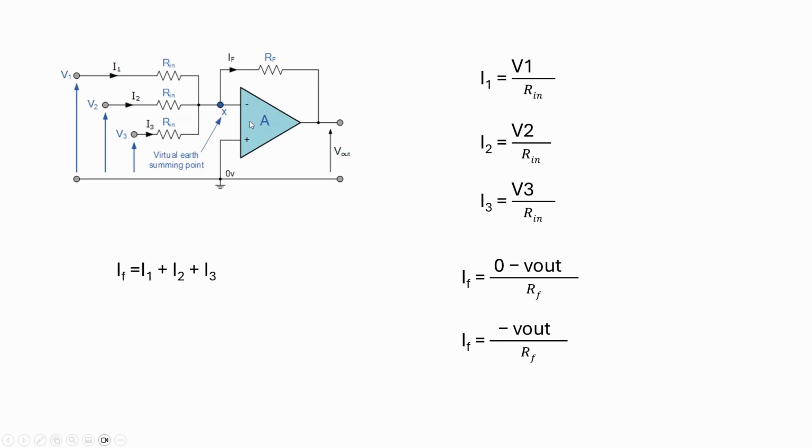Then also we can find the IF. This voltage and this voltage are equal. I have discussed in the previous videos why these voltages are equal, so you can refer to them. So this voltage is 0, then this voltage is also 0, then the voltage difference across the RF, 0 minus V out, divided by the RF gives the IF. Then minus V out divided by RF equals IF,